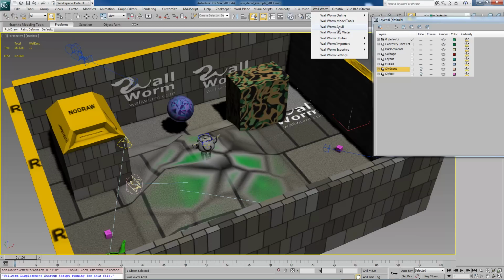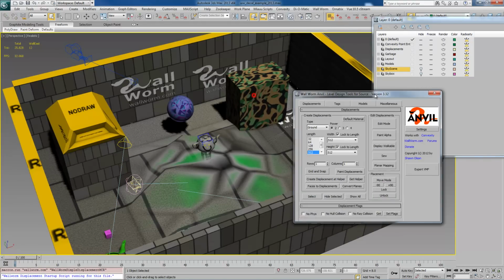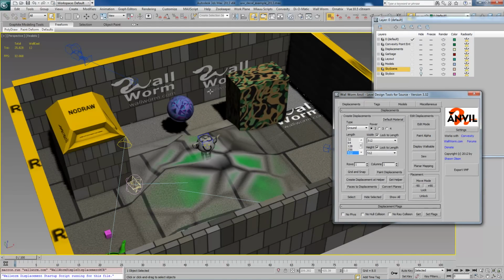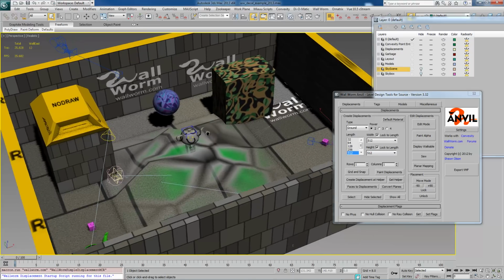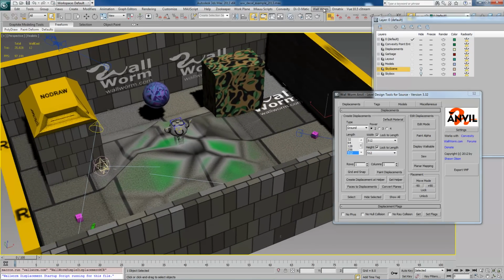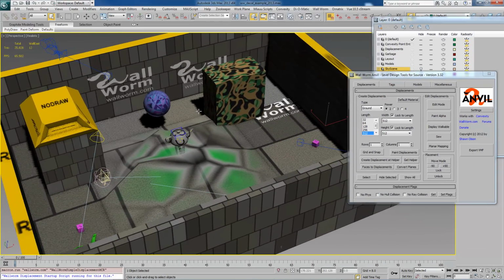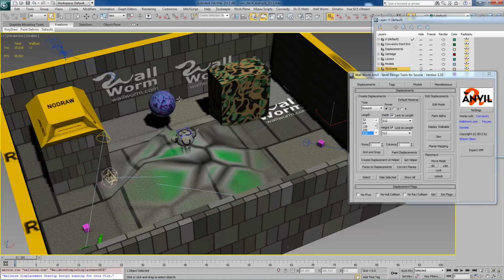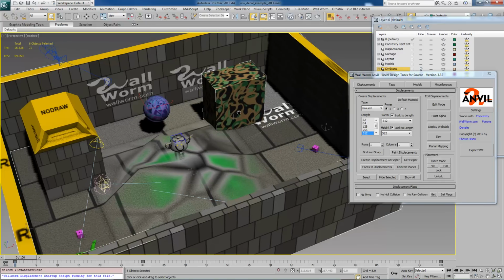Most of your tools for those are in Anvil. Now, because Wallworm exports both models and world geometry, and they are completely different types of geometry, you have to tell the exporter which things are world geometry. And models are always controlled by Wallworm model tools, which there are plenty of videos explaining how to make. But right now, I need to tell the exporter that all of these convex shapes on the edges and here, all of these things